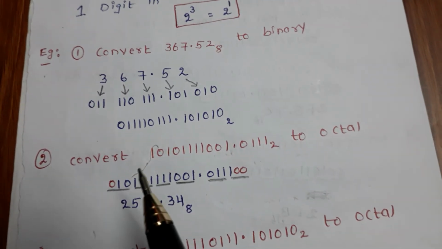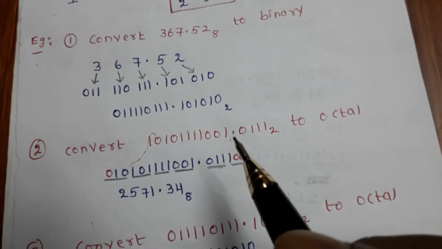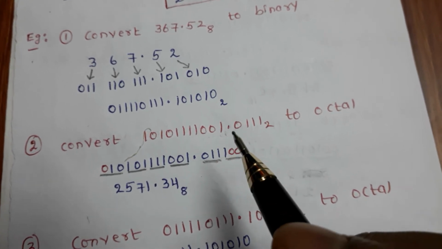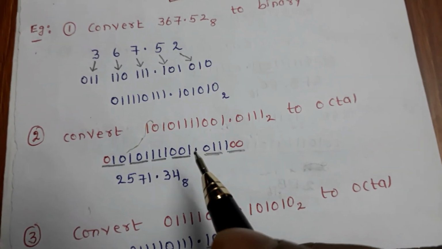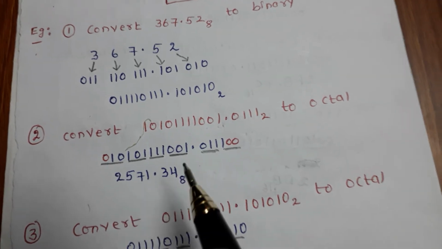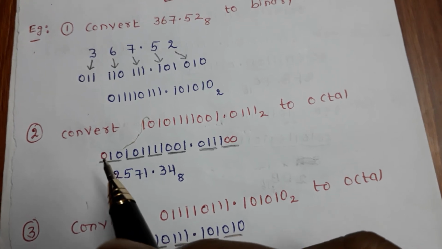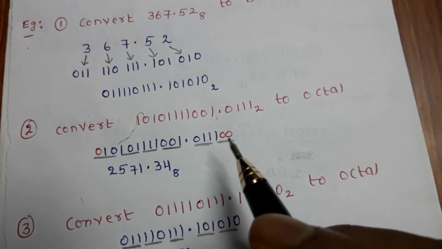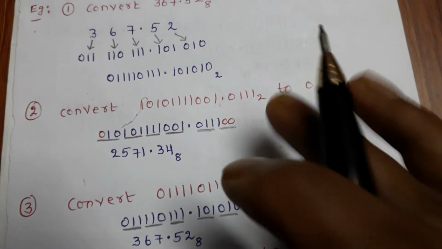Now you can convert the binary number to octal. A very important point is you have to group 3 bits from the left of the decimal point and 3 bits from the right of the decimal point. Now if you observe, I have made groups of 3 to form an octal number. In the last group, I didn't have 3 bits, therefore I have added an extra bit to make a group of 3. And here also, to make a group of 3 bits, I have added 2 bits of zeros.